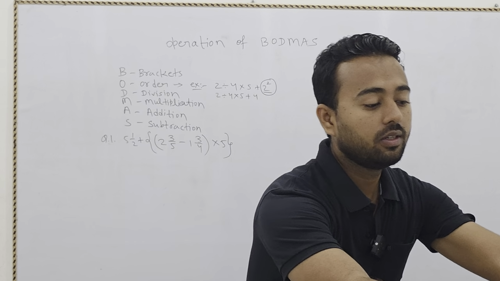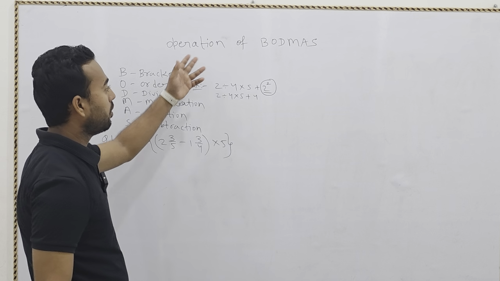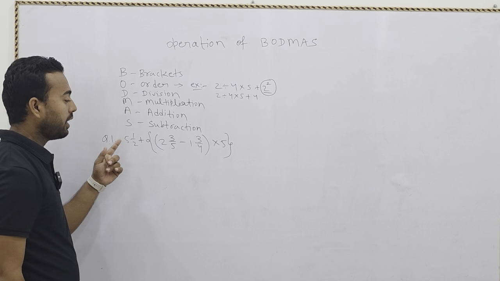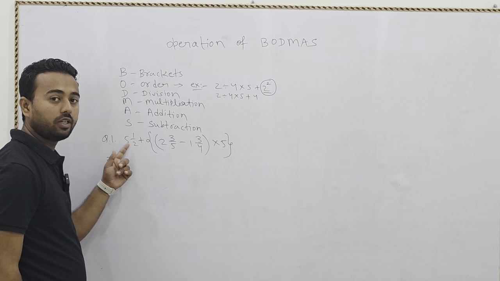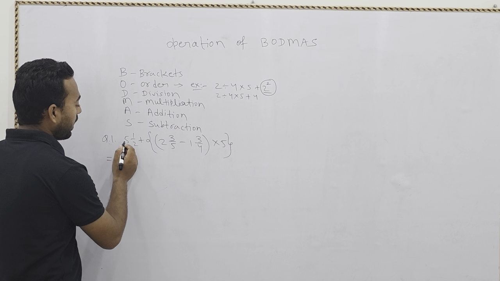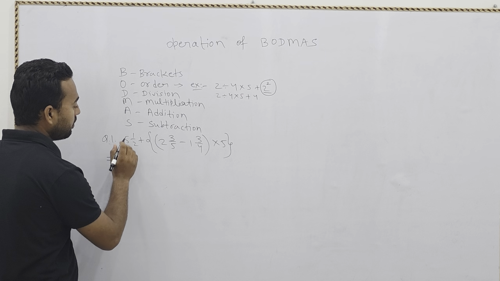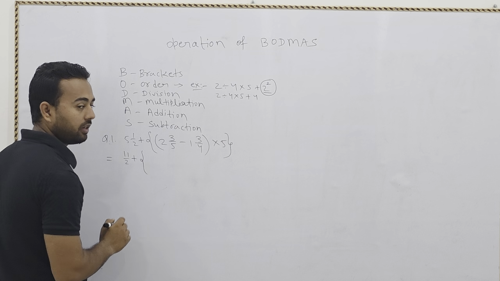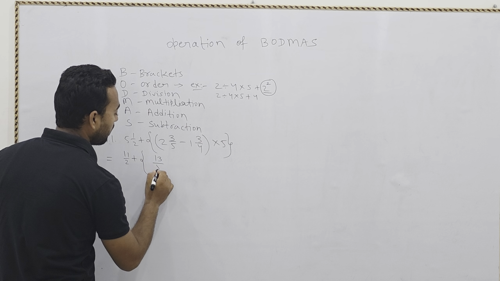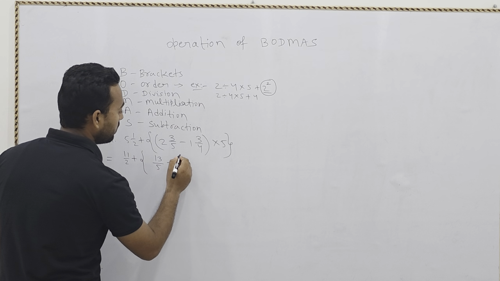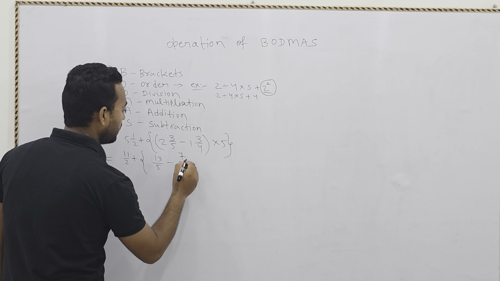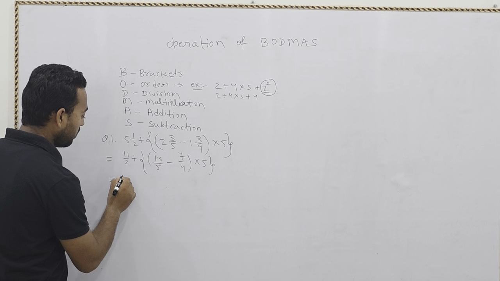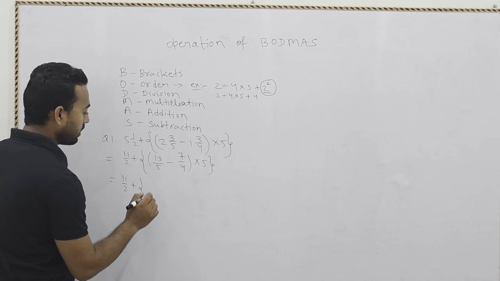So now one question I have written on the blackboard related to operation of BODMAS. You can see here, first it is in mixed fraction. First we have to convert this mixed fraction into fraction. So here 5 times 2 is 10 plus 1, 11 by 2 plus 5 times 2 is 10 plus 3, 13 by 5 minus 4 times 1 is 4, 4 plus 3, 7 by 4. Here bracket close, multiply 5, then curly bracket, again 1 by 2 plus curly bracket start.